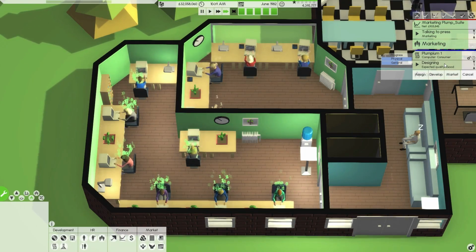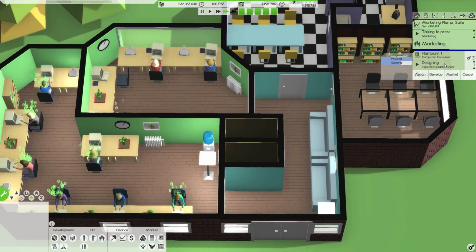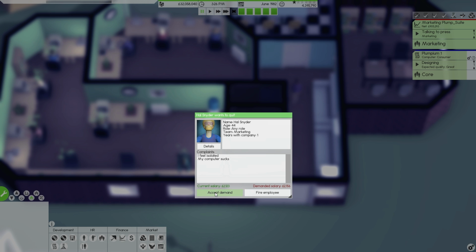They're getting on fairly quickly with Plumpium 1. This is good. This is really good. I'm really happy with this. We've got a lot of money. We're not making as much as we were, but we have got a lot of money. Your computer sucks. What's wrong with your...